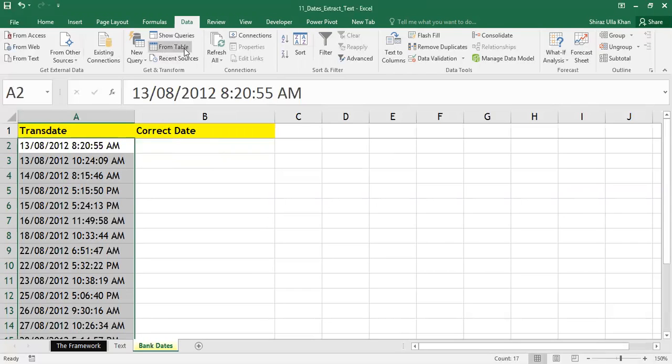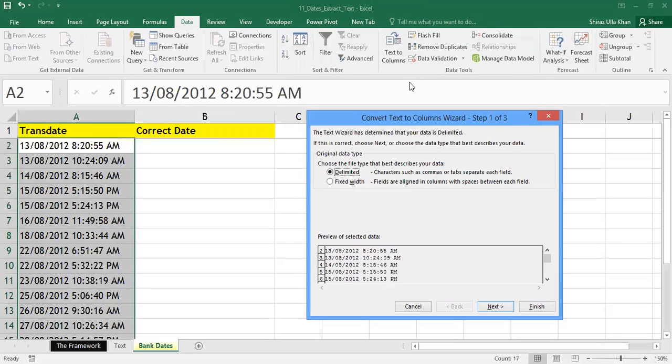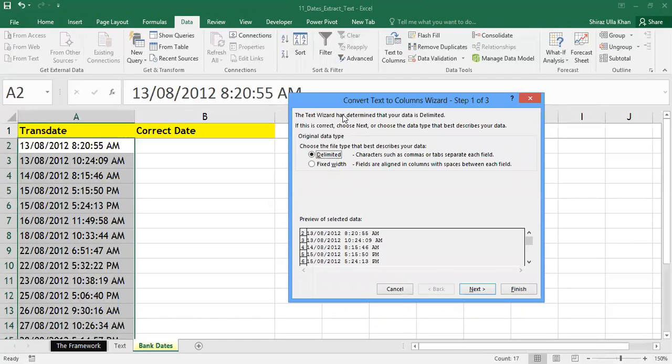Now the next step is, as you're clear, we need to click on the data tab. In the data tools section, I need to click on a command called text to columns. I get the pop-up window, the wizard, which is the first step which we need to do. As I told you in the previous example, by default it is selected as delimited. Even in our current example, the delimiter is a space, so it is a delimited file. I need not do anything. I'll click on the next button in the first step.